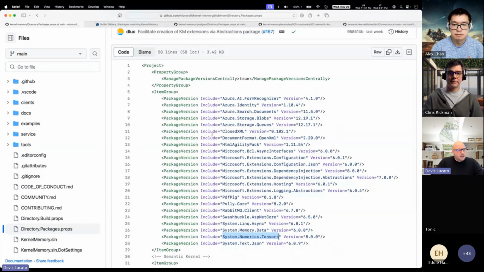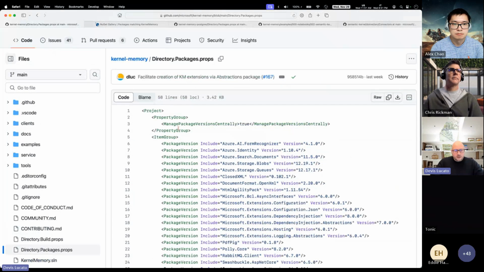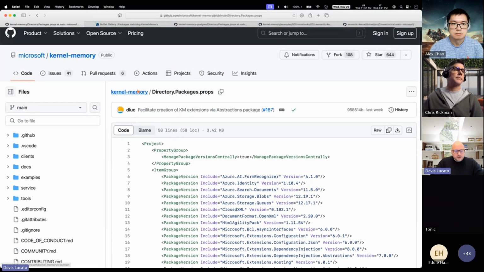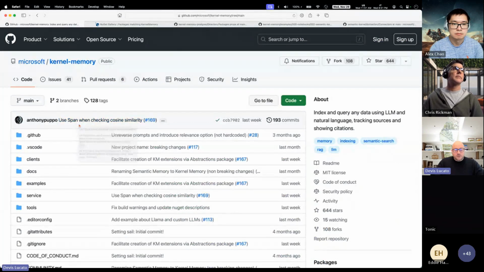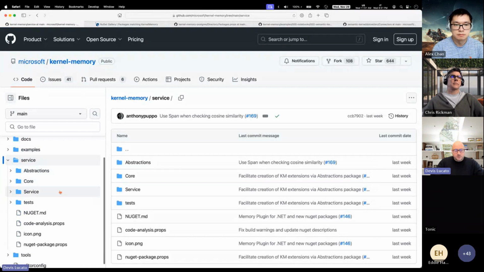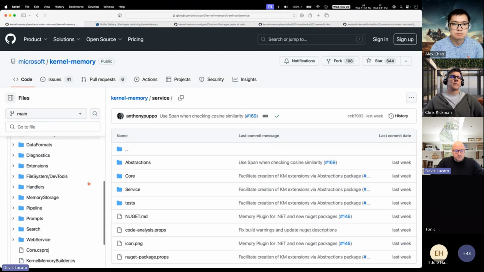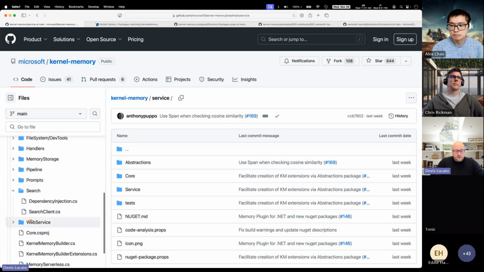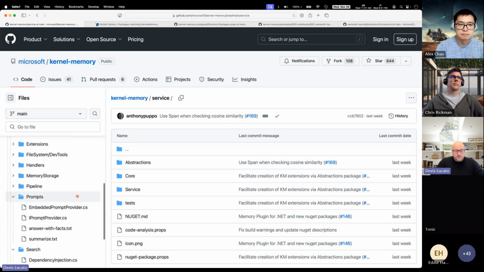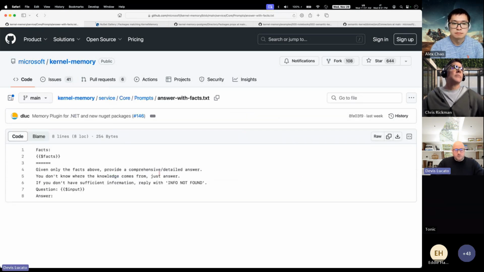And other things, the prompts can be customizable. I don't know if I already gave this news last time. When you stand up the service, there is a set of custom prompts which are used for the RAG pattern. Now those prompts can be customized. I think the prompts are here. So now this prompt, which is the one used to generate an answer, can be customized if you like.